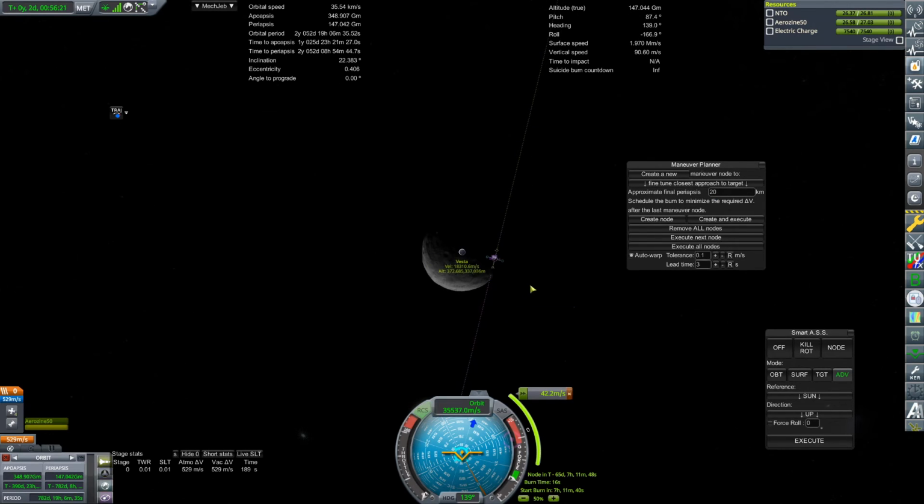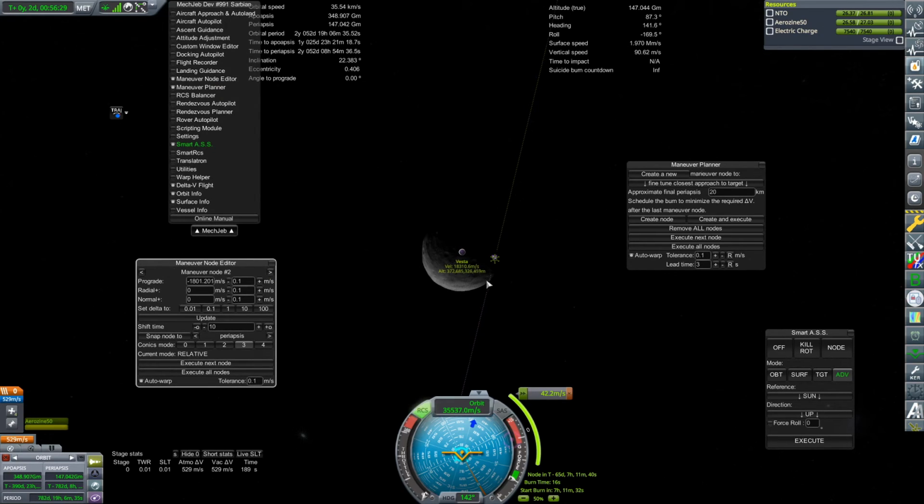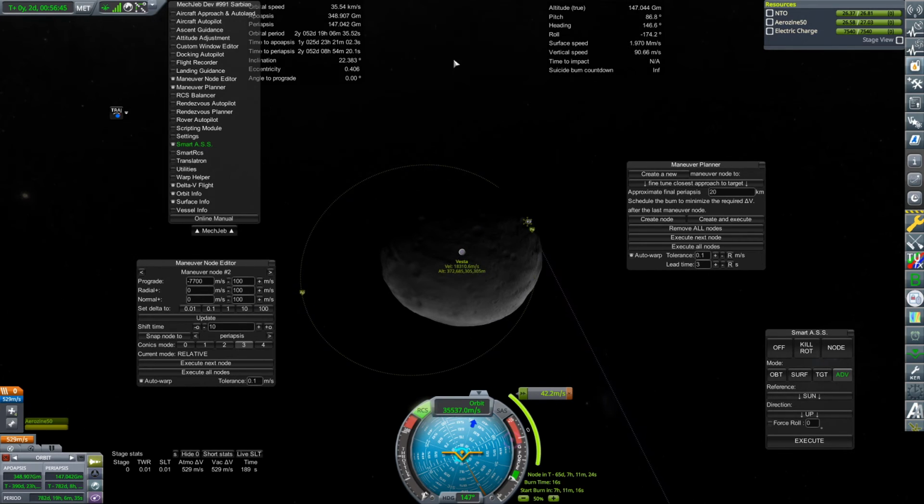But even if we were, if I were to try to pull this down, maneuver node editor, so we can see, I don't know, what is this, minus 6,000 meters? Nope, still not enough. Minus 8,000. Update. Oop, somewhere in there. Yeah, so we would have to spend 7,700 meters per second to circularize around Vesta. So that is obviously not happening, but